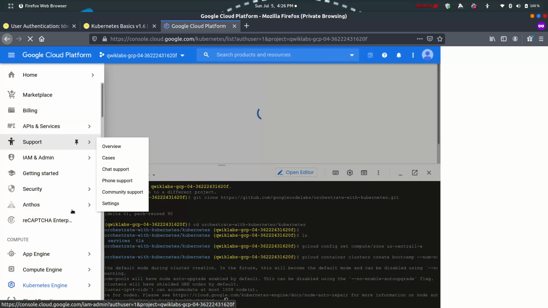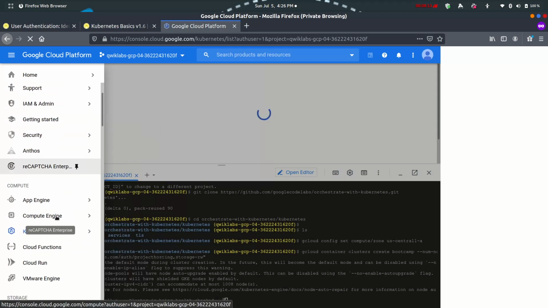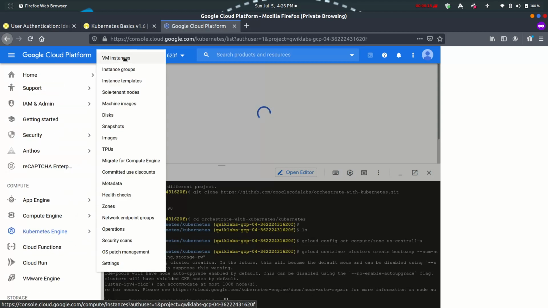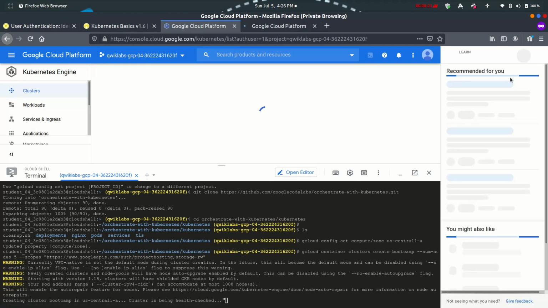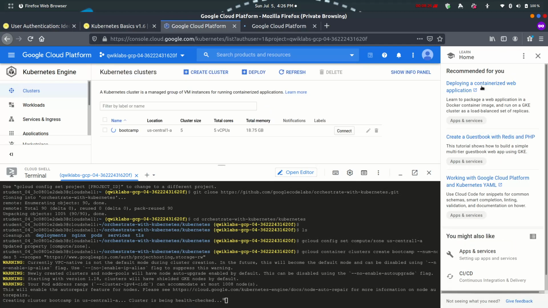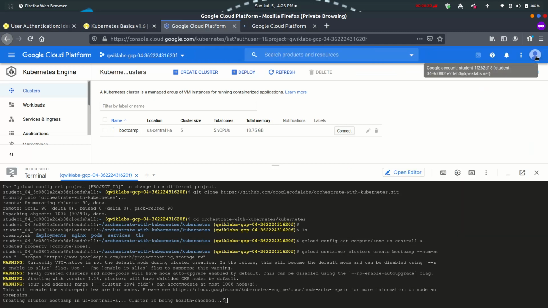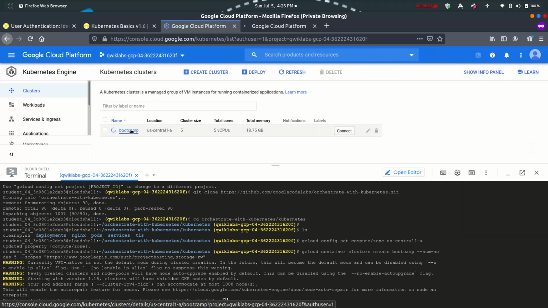go to your Compute Engine page and VM instances. If you open that in another tab, you should be able to see that. So let's click out there. Let's close this. This is just links to learning materials that you can use to improve your learning and improve your skills. So the bootcamp cluster has been